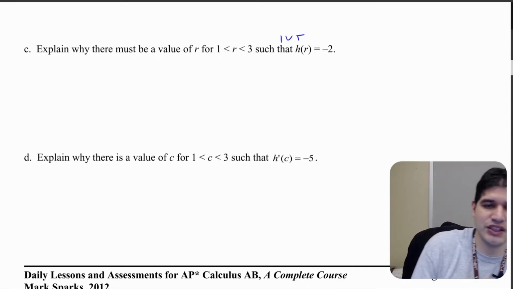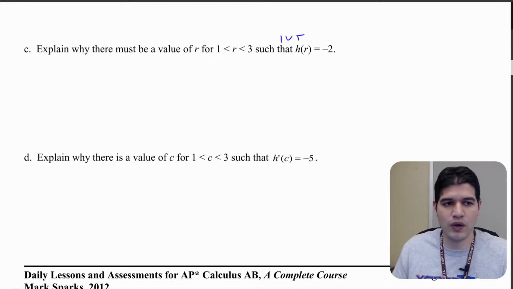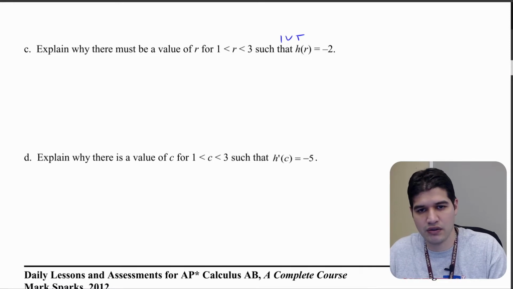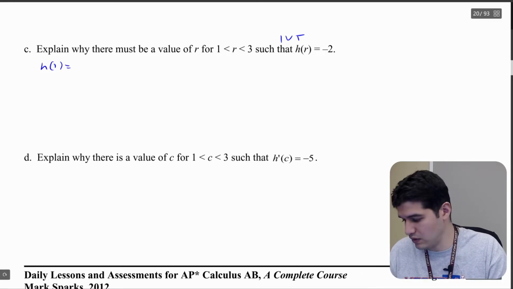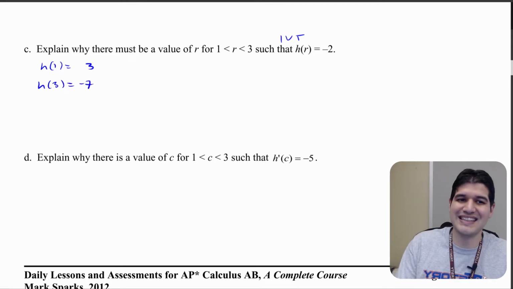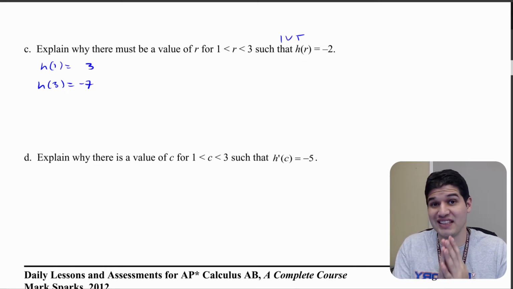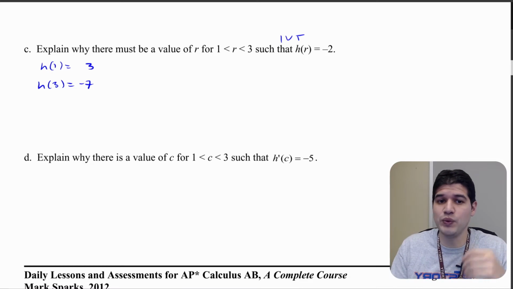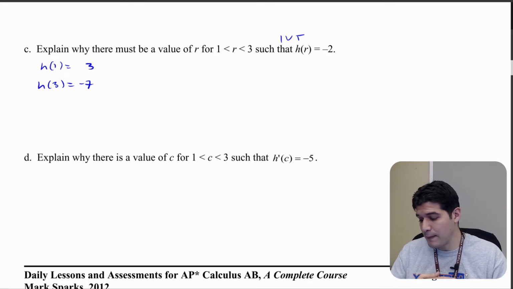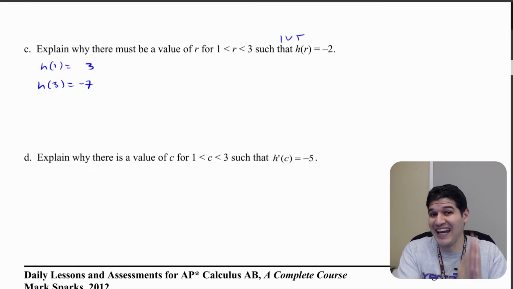So what do I need to do for the intermediate value theorem? Well, first I'm going to want, okay, what is h of 1 and h of 3? Well, h of 1 equals 3 and h of 3 equals negative 7. The other thing that I need to state from the intermediate value theorem is that the function is continuous. Because if the function is not continuous, we don't guarantee that we cross every value in between that 3 and negative 7 there. But because f of x and g of x are differentiable, that means h of x must